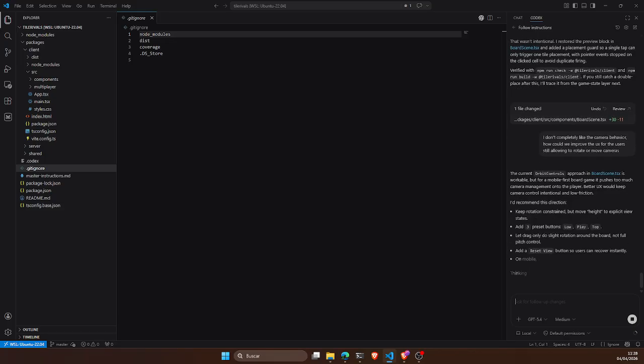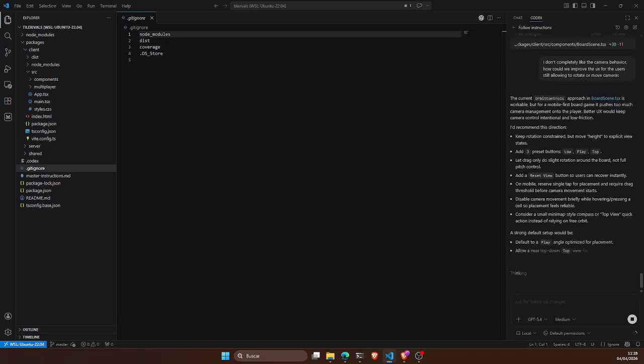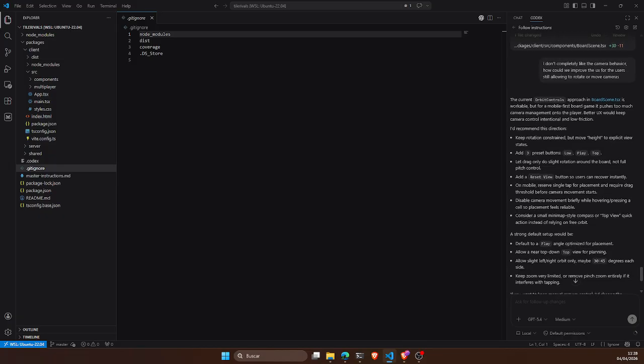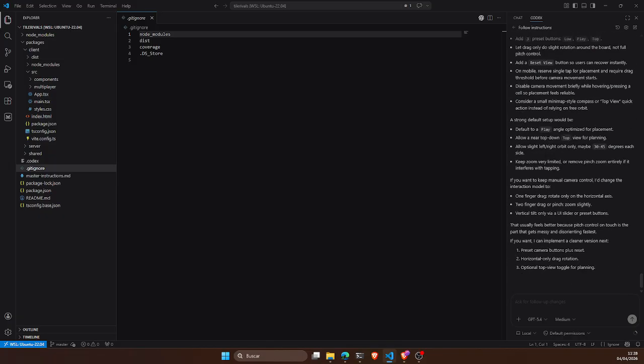The current orbit controls is workable, but for a while first word game it pushes too much camera management into the player. Better UX would be keep camera control intentional and low friction, keep rotation consistent but move height to explicit view state at 3 presets: low, play, top. Okay, sure. Let's